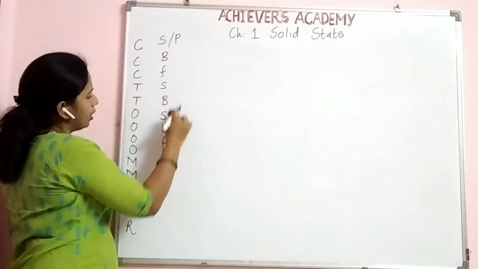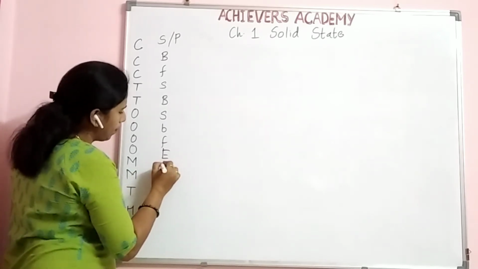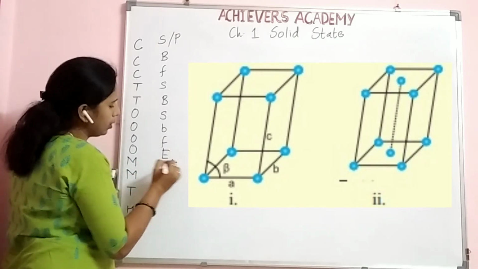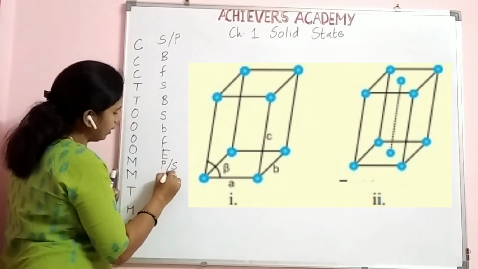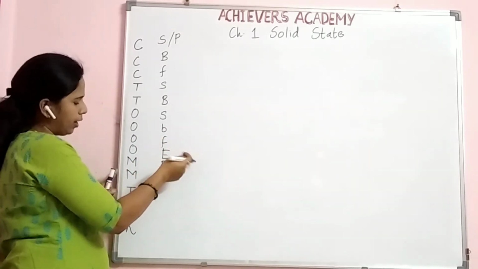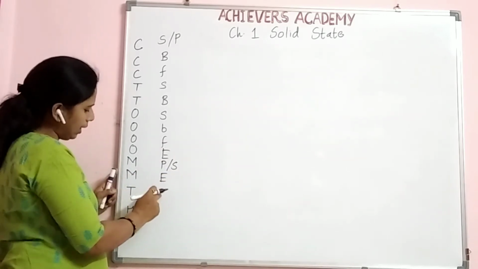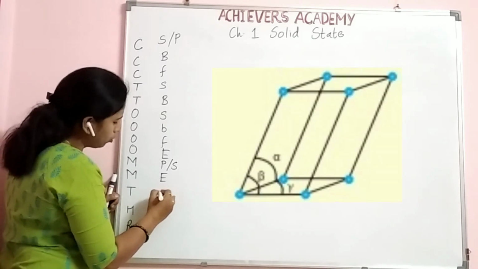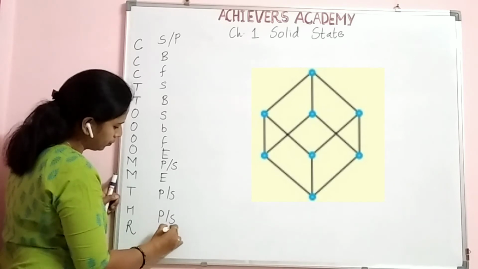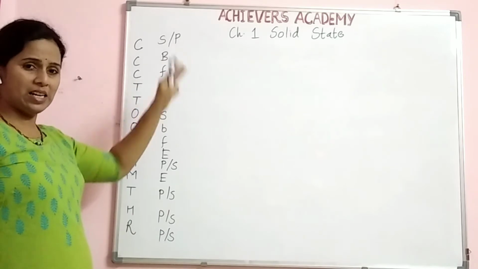Again, after these 4 different types of unit cell, here we have to use this primitive, which is common in all. That is our simple cubic unit cell, and again E repeats. So after orthorhombic, F, again primitive comes, and after primitive again you have to repeat this E. Keep it in mind that way. And the last 3 all show your primitive, that is simple cubic type of arrangement. Understood? Okay. Now as I have said, we will see the edge length.